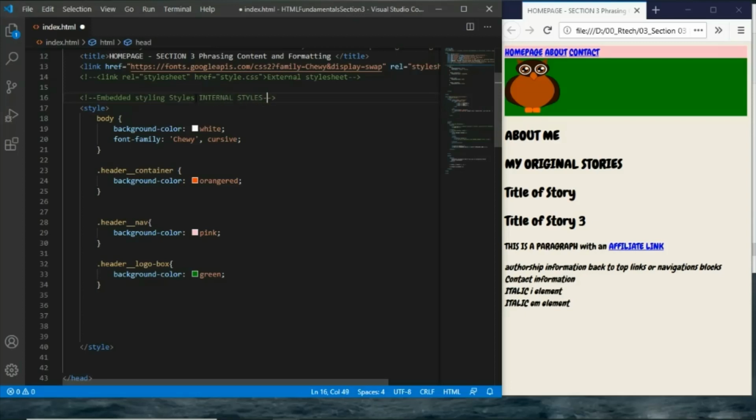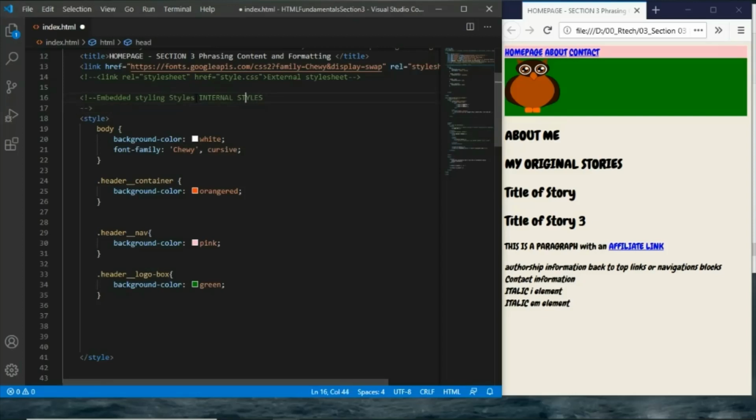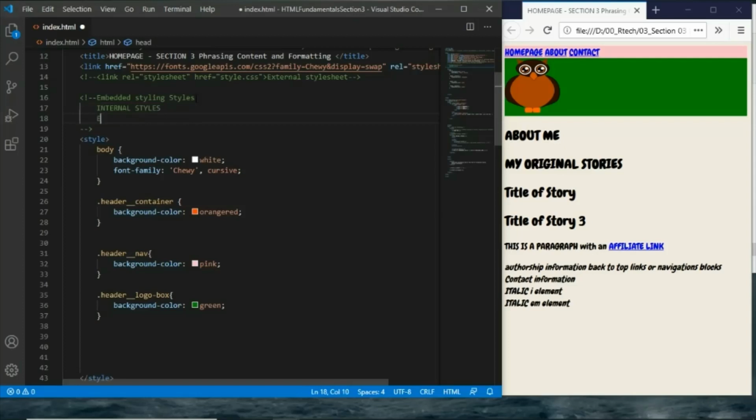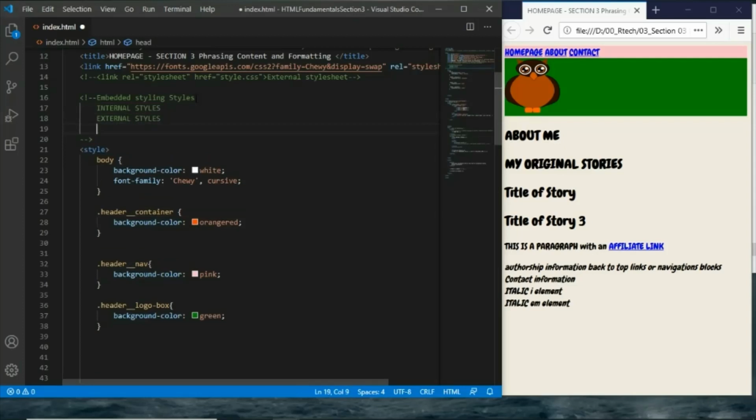So technically we have three. Actually, let's just go and... we have the internal styles, we have external styles, and we have the inline styles. Okay, so inline styles here. And if we go and have,